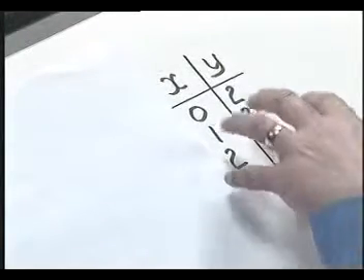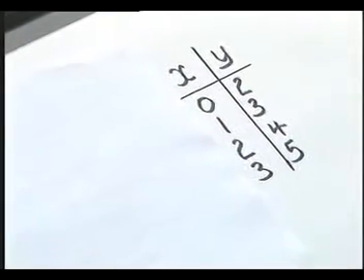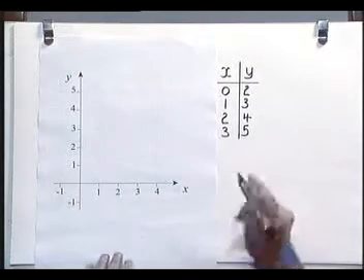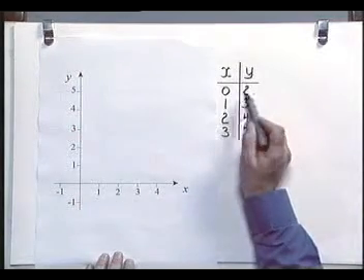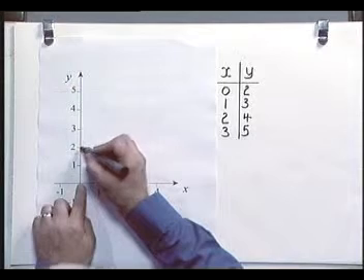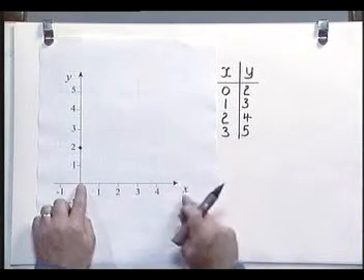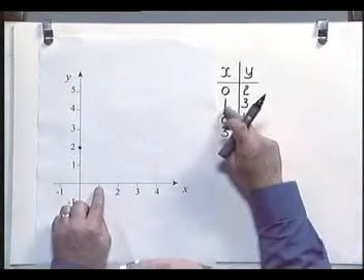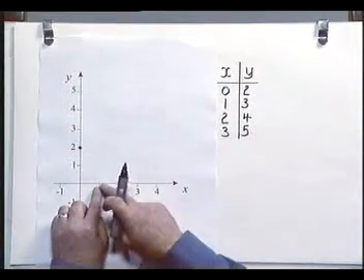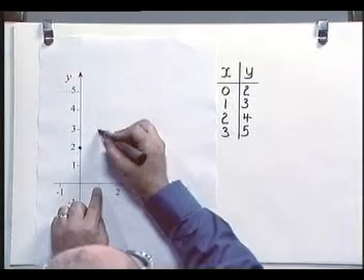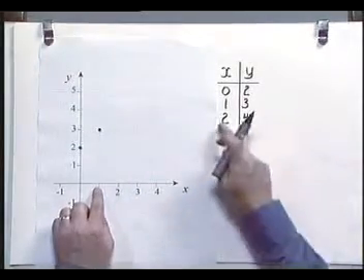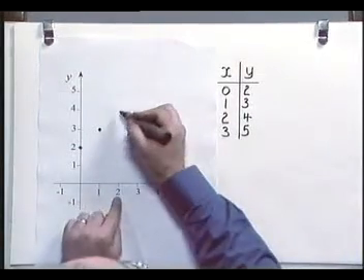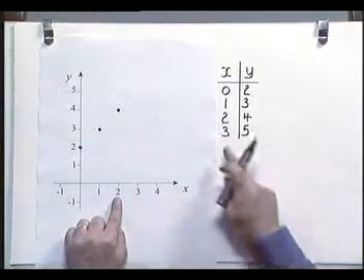Let's see what these points look like when we plot them on a graph. The first point, 0, 2, will be here. An x-coordinate of 0 and a y-coordinate of 2. The second point, 1, 3, x-coordinate of 1, y-coordinate of 3. And so on. 2, 4, that will be here. And 3, 5,